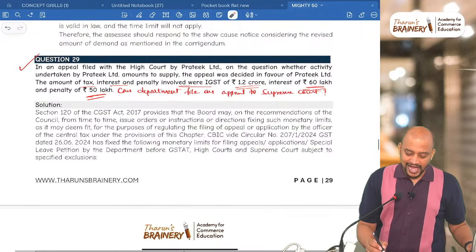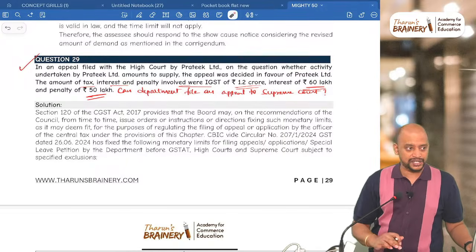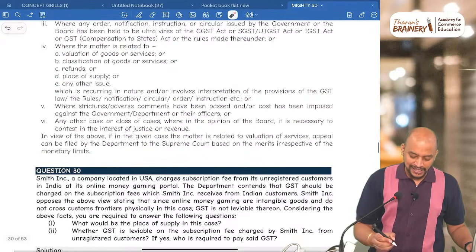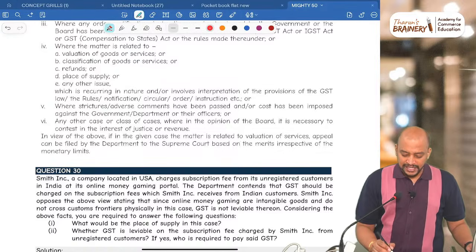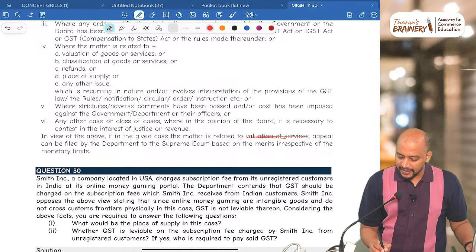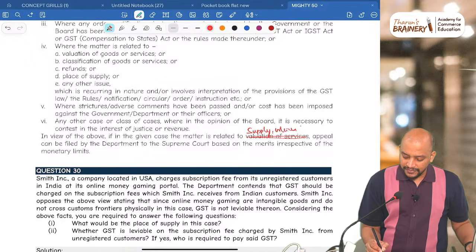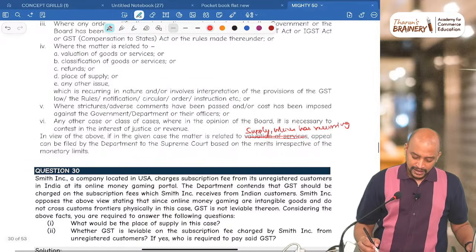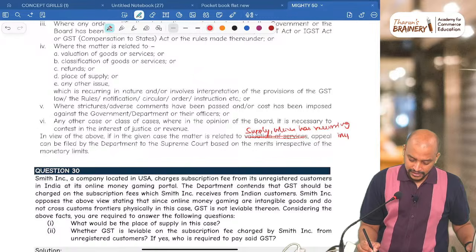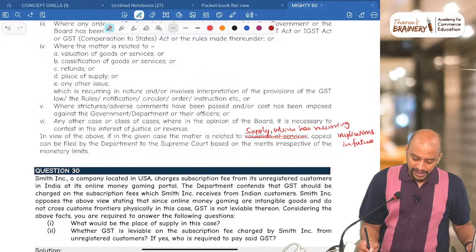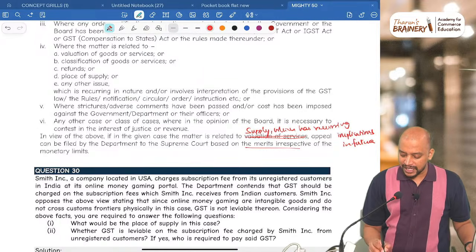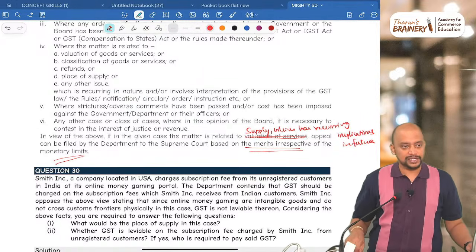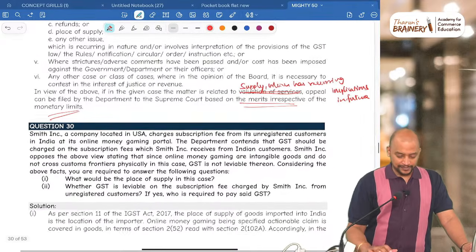But actually whether the activity is amounting to supply or not is the question. So therefore you need to write, in the present case, if in the given case a matter is related to supply, which has recurring implications in future, appeal can be filed by the department to Supreme Court based on the merits irrespective of the monetary limits. Okay. Then next,